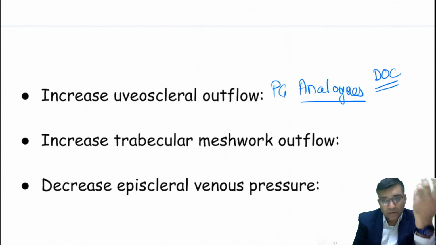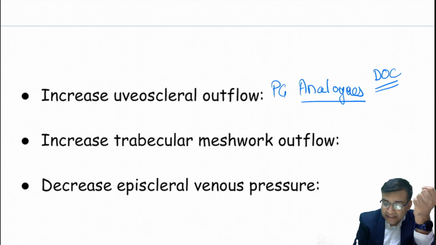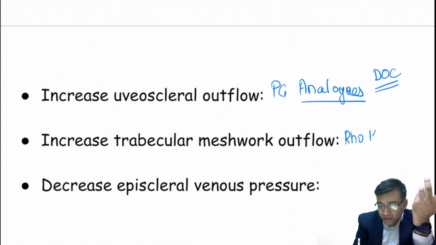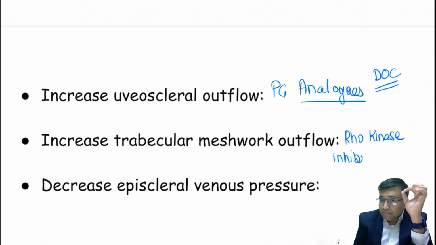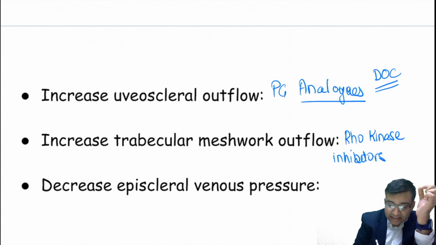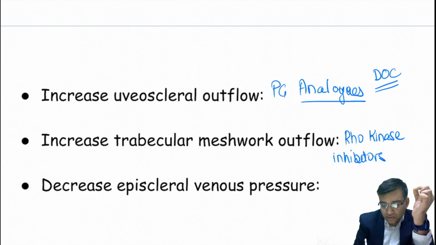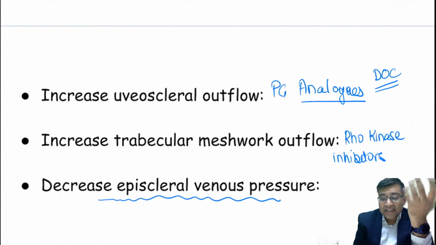Now the second type of drug, which is a new class, increases the trabecular meshwork outflow. These are ripasudil and netarsudil. They are Rho kinase inhibitors, or we also call them ROCK inhibitors. Another important mechanism of action of Rho kinase inhibitors is that they can decrease the episcleral venous pressure as well. So in cases such as Sturge-Weber syndrome or thyroid ophthalmopathy,